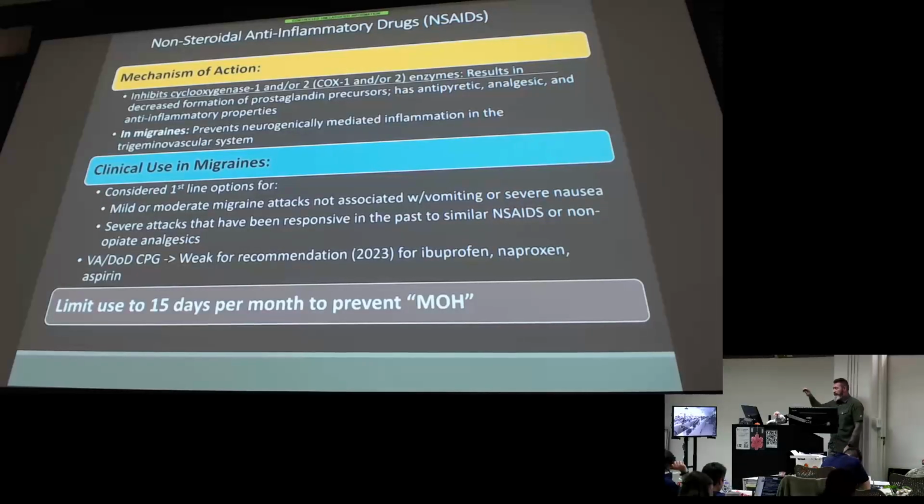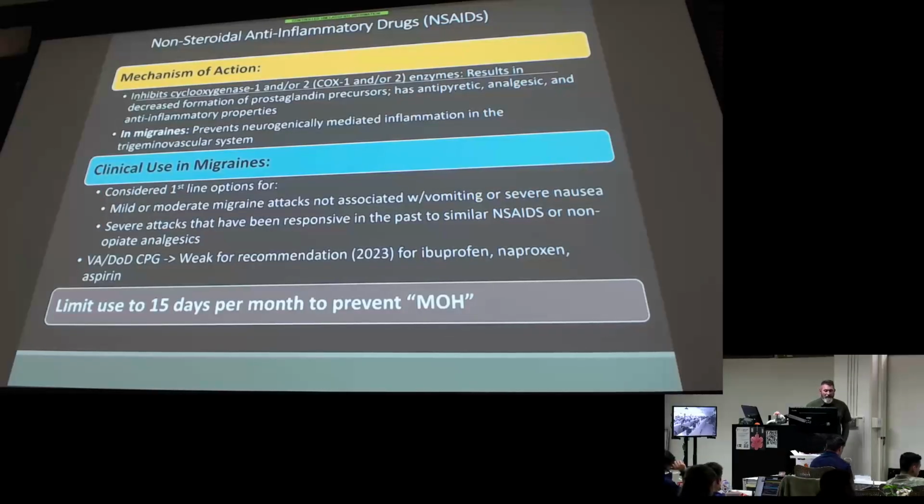And we'll talk about that scaling up, right? So then probably, just like I mentioned on that common theme, if they worked in the past, you can add a triptan or CGRP if the NSAIDs are no longer working. But if they've worked, then go for it. VA says weak for these as well, which kind of agrees, unless it's mild and they've responded to it first. Not bad to try an NSAID, right out of the chute, but if they're any kind of more than mild, we're probably going to have to go targeted therapy.